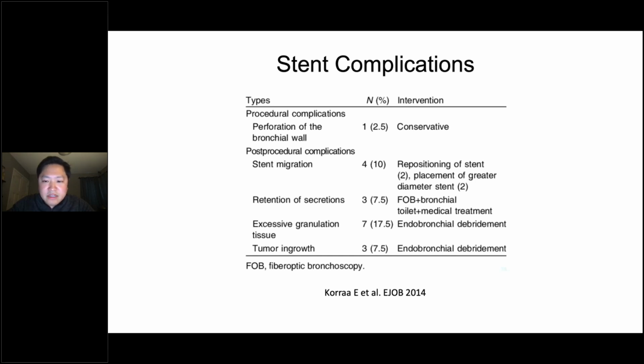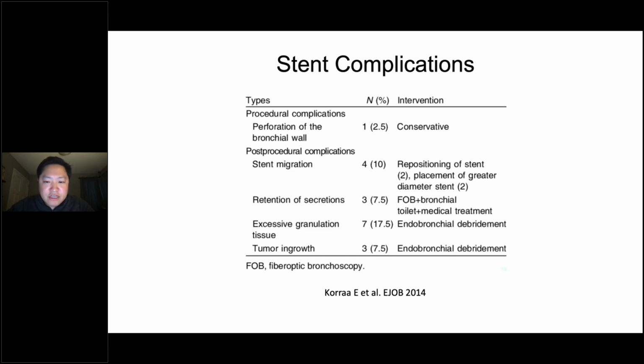And the way we get around it is that we do have surveillance bronchoscopies for that patient. So we never forget about the patient. We can always see when it gets loose, and then we remove it. So we've really toned down on these unexpected ER visits where the stents are now in the trachea, things like that.